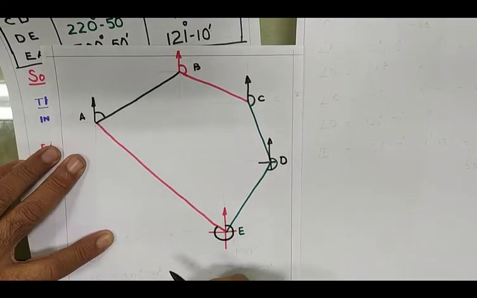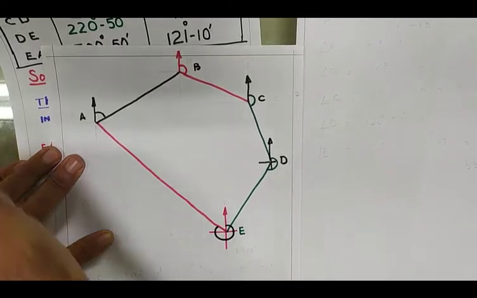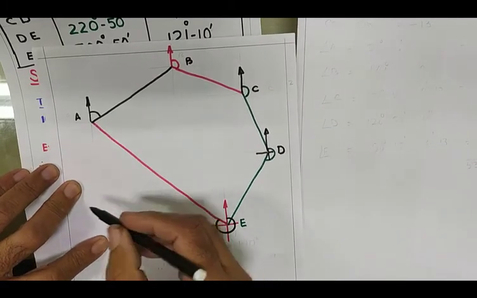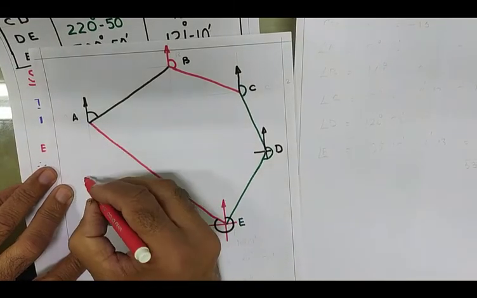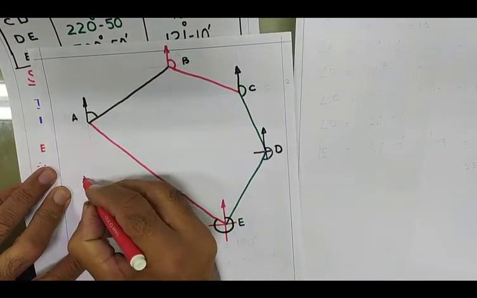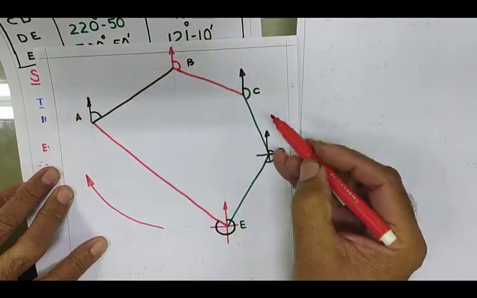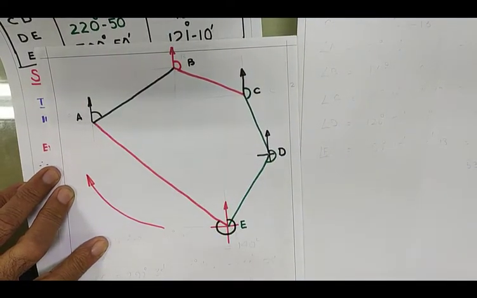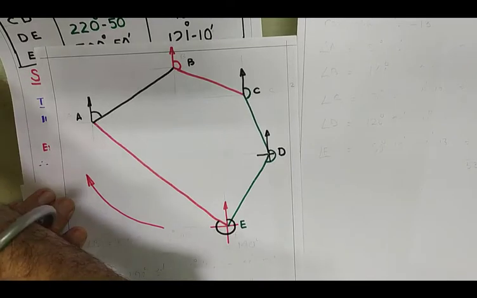From here it will be very easy for you to calculate the internal angles. Now from the sketch it is very clear that this traverse is plotted in the clockwise direction, A, B, C, D, E, A. This is a closed traverse. So here the formula applies when the traverse is plotted in the clockwise direction. We have to calculate the internal angle.